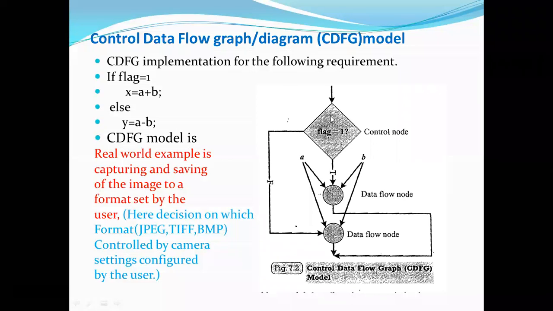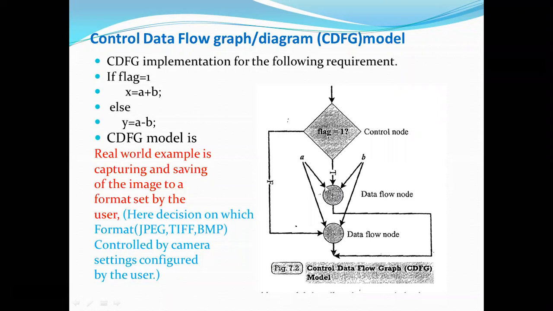For the decision making, you use the diamond boxes. Same as in C programming, any decision making statement you can represent with the rhombus or the diamond. So here you are representing the decision making. If flag is equal to 1, this is acting as one node. It will decide if that condition is true, then what process the system has to do. Assume that this is the data flow node, the ALU will come into the picture, which will be processing the equations here. If this condition is true, then x equal to a plus b.